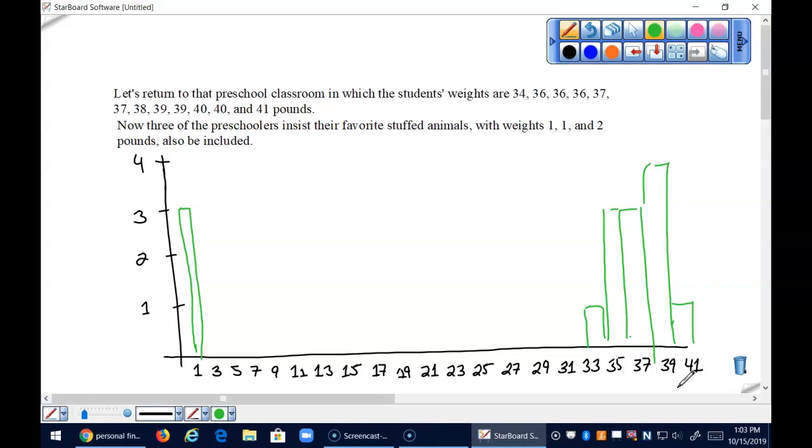Okay. You can come up and show me yours on here if you want. I made a choice just because of the screen I had to work with to make each bin have 2 numbers. This is 1 and 2. This is 3 and 4. This is 5 and 6. This is 7 and 8, and so on. So my histogram will be shaped differently than yours if you did every number separately.